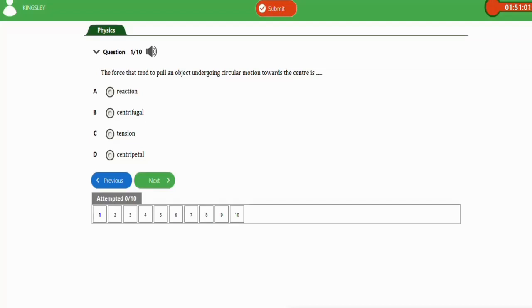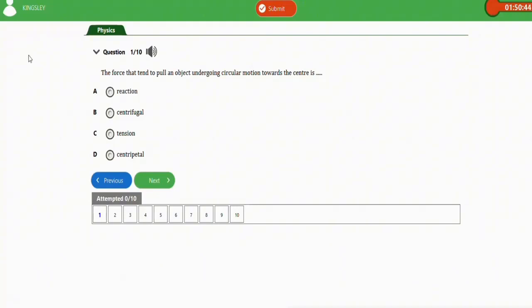In this video, we are going to learn how to solve problems involving motion in a circle for JAMB Physics. So we are going to practice with 7 repeated questions for this topic. Let's get started. The first question says the force that tends to pull an object undergoing circular motion towards